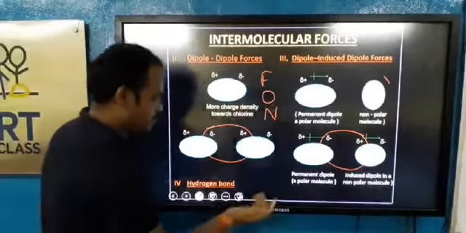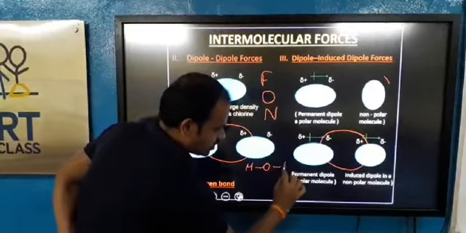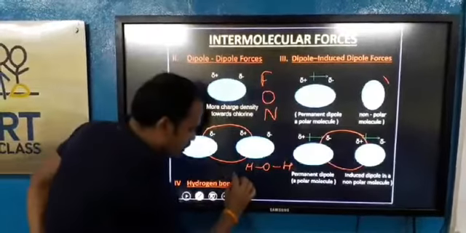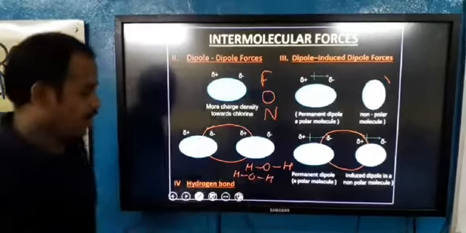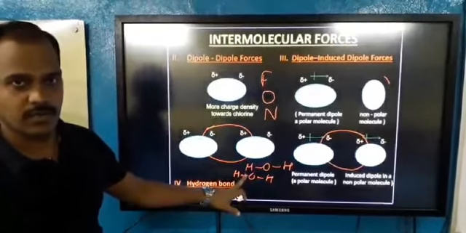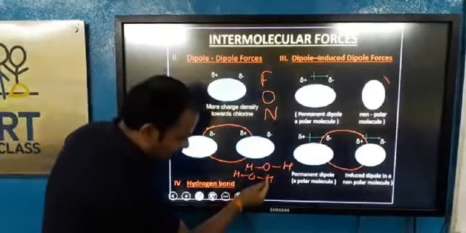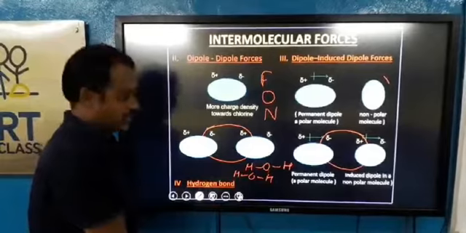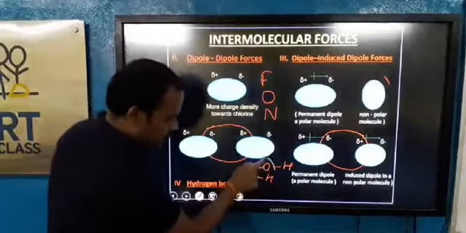For example, take the example of H2O. You know the structure of H2O. This one is the structure of H2O. This is one molecule. Here is the second molecule of H2O, HOH. Here see, this is a covalent bond. We are not talking about this bond. This is not a hydrogen bond. The hydrogen bond will be formed between hydrogen and the electronegative element, this oxygen. So between these two,